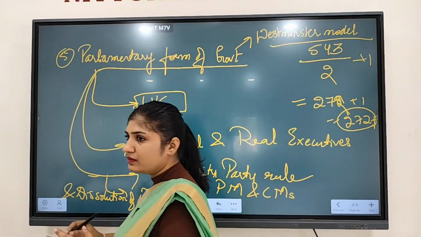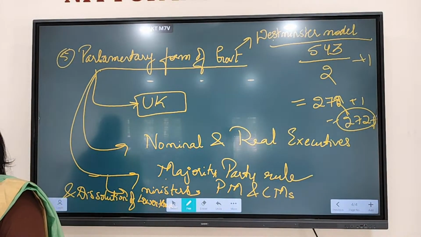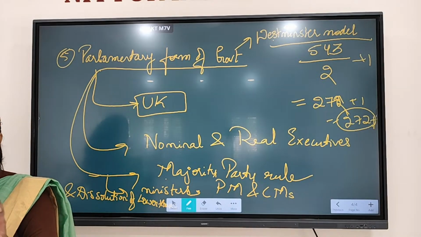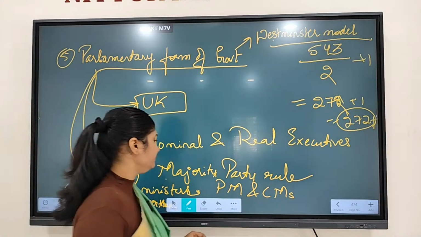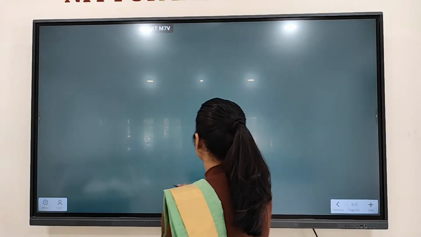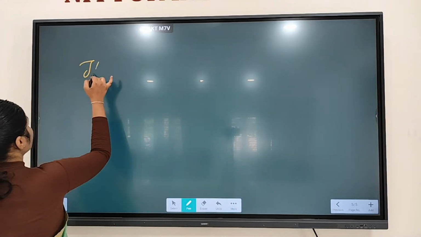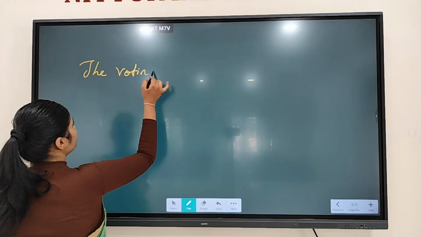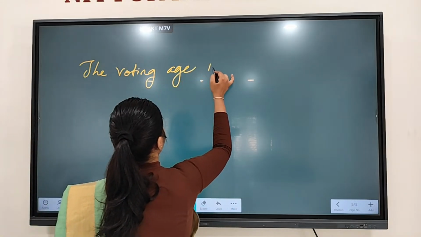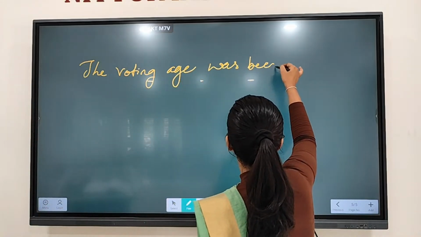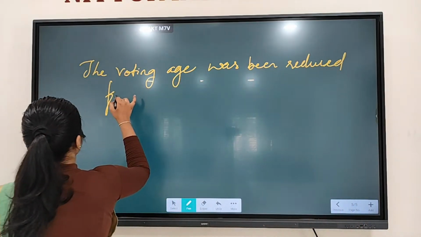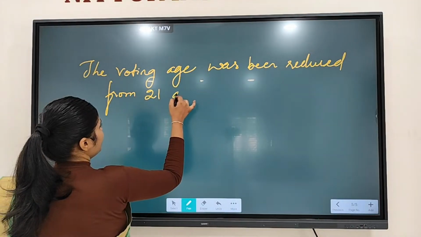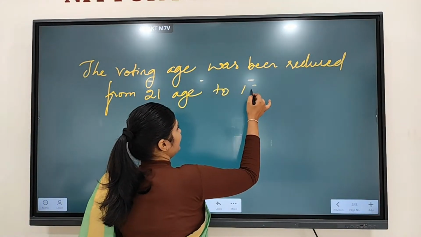Universal means throughout India. Adult franchise means the voting power. The voting age was reduced from 21 years to 18 years